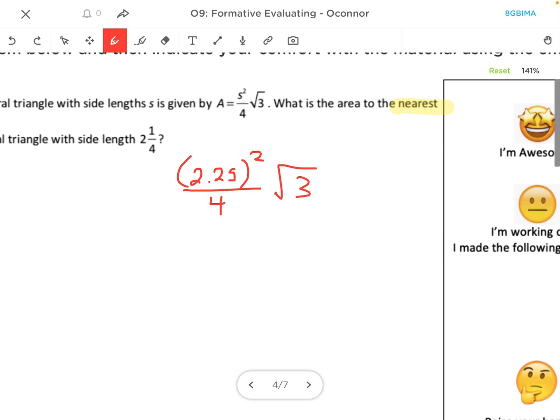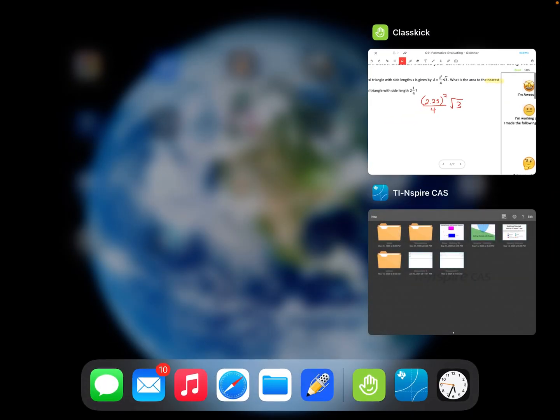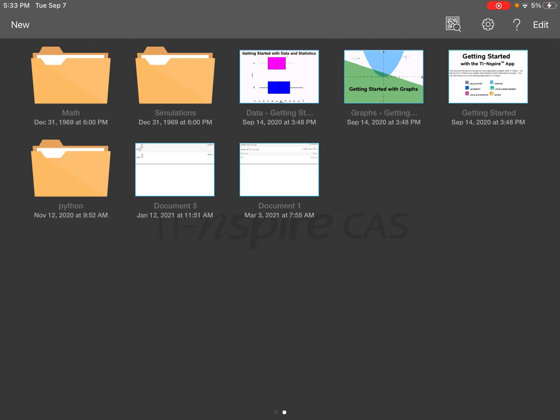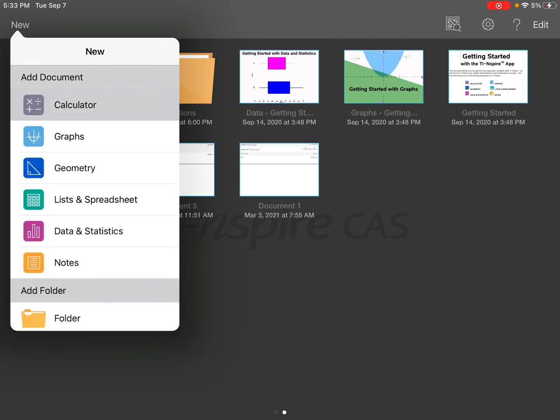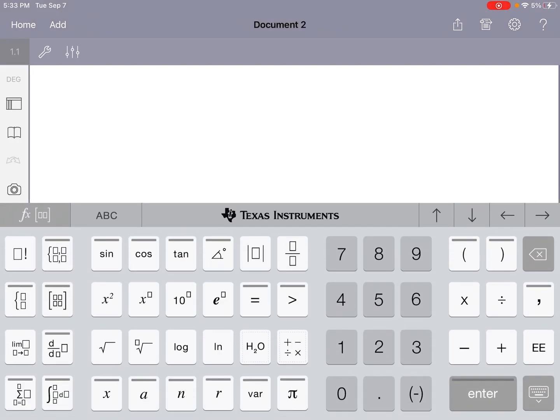Well, that looks like a good calculator question. So let's go to our TI Nspire. And I'm going to go to New and a Calculator. And I'm going to type it in just the way it looked. So I'll put in parentheses 2.25. And I'm going to do squared. And divided by